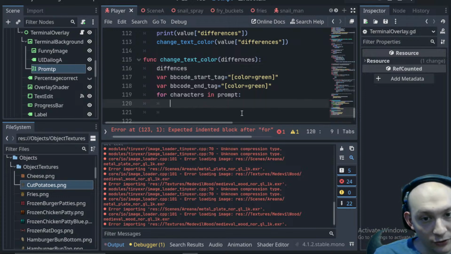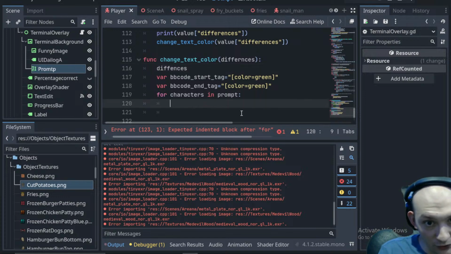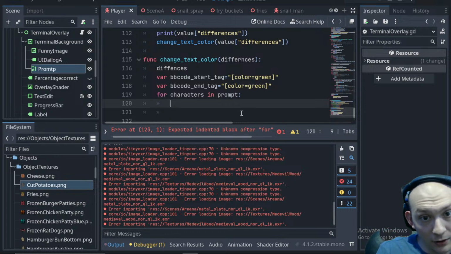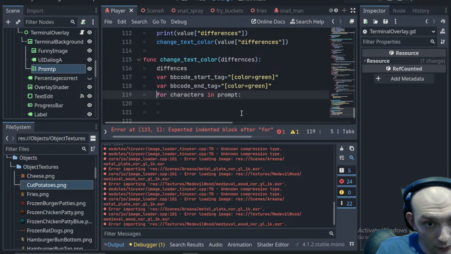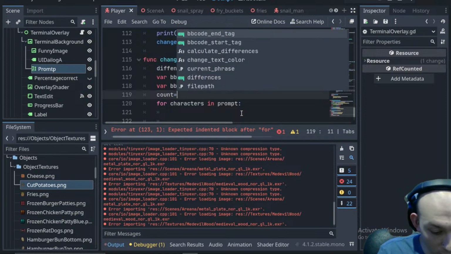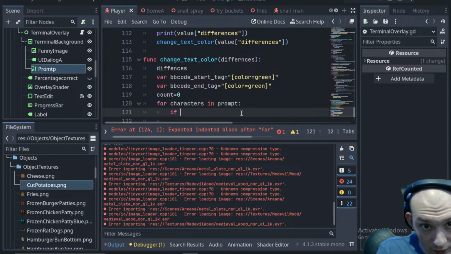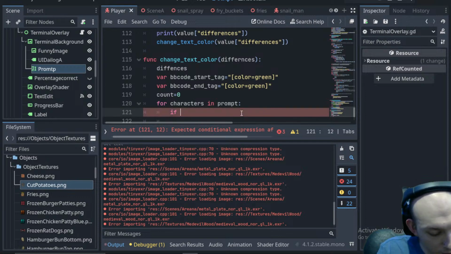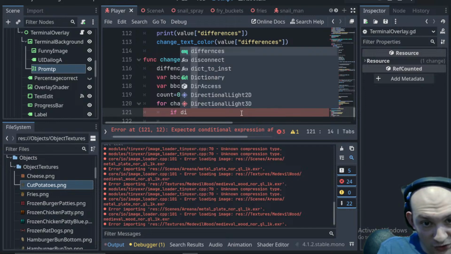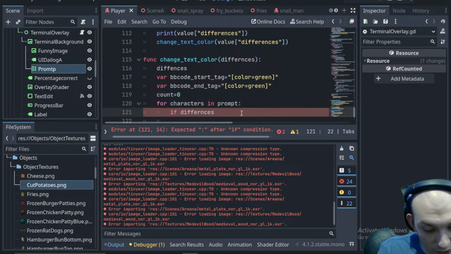So for characters in prompt, we're actually going to do a count. Count equals 0, and we'll say if differences